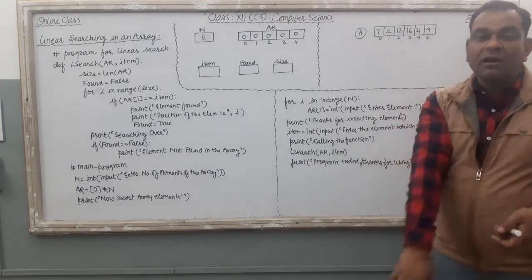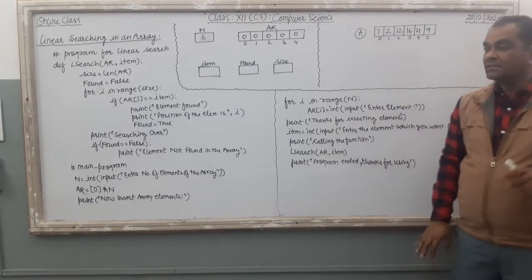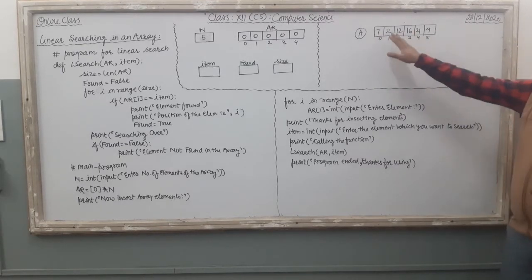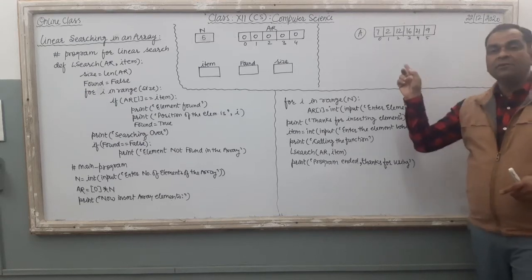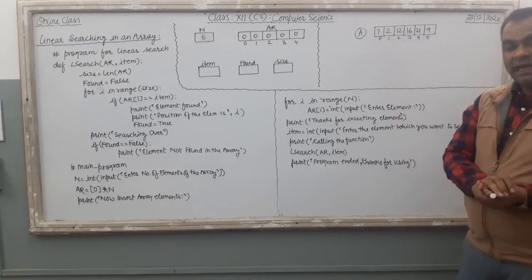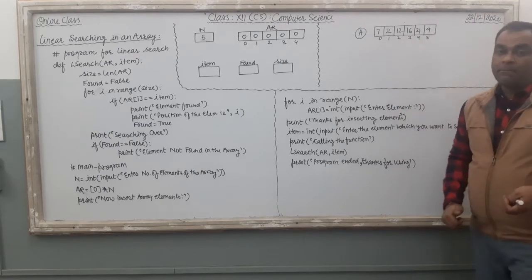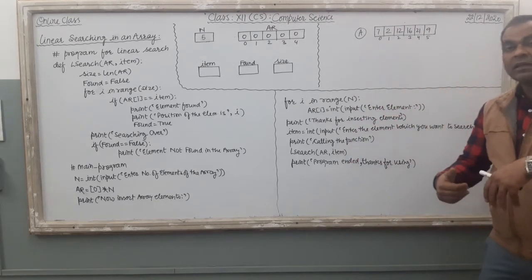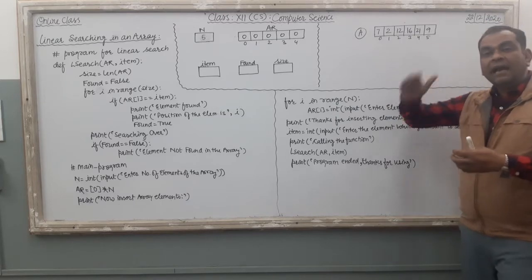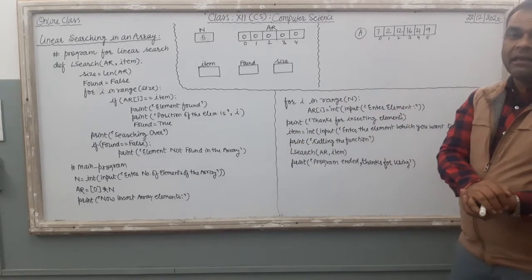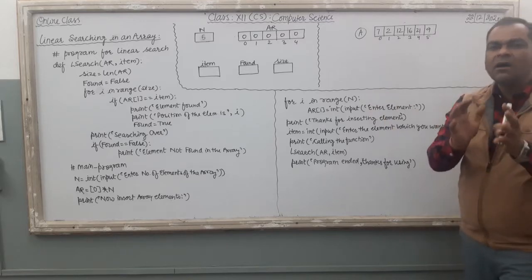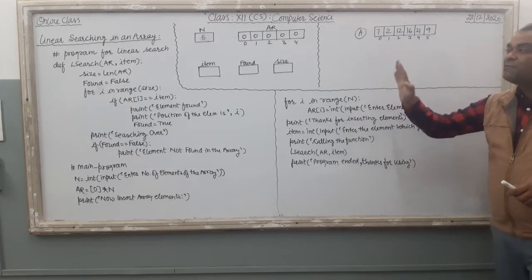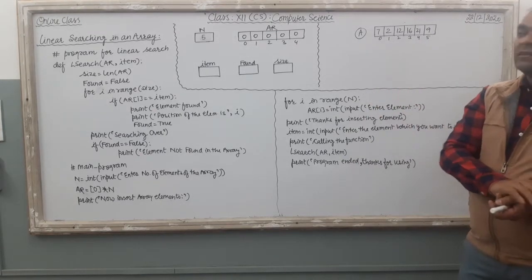First, you have to understand the concept of linear searching. Suppose an array is given to you with the elements 7, 2, 12, 16, 21, 9. First you have to see that the array is unsorted. Now, which technique can you apply to search inside the array? You have only one technique, that is linear search. Or, on the other side, first sort the array and then apply the binary search technique. Linear search is somewhat time consuming, but it is the most favorite technique of software engineers for searching something.